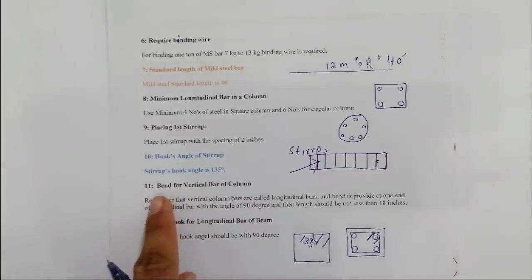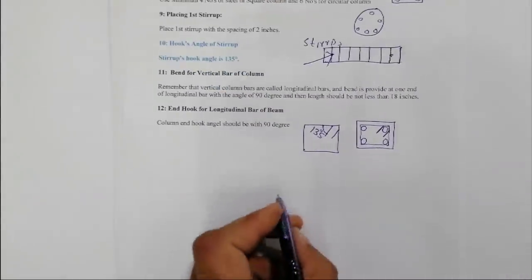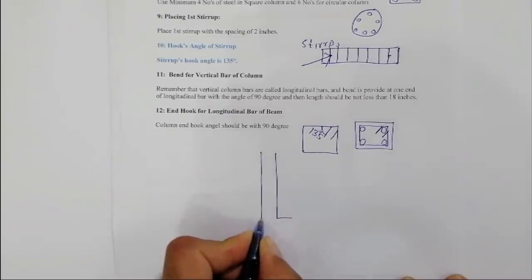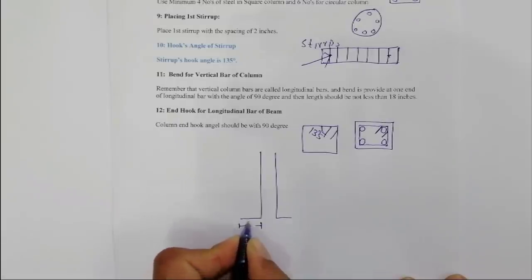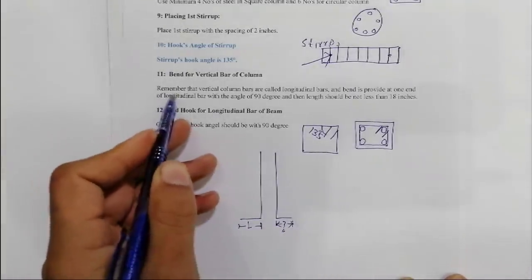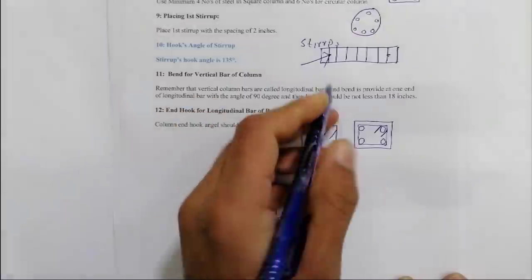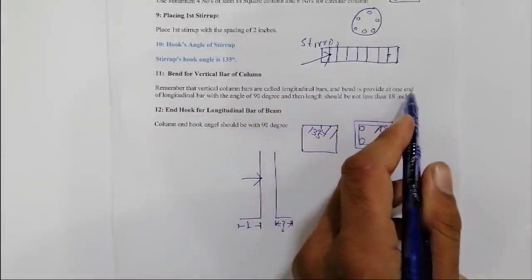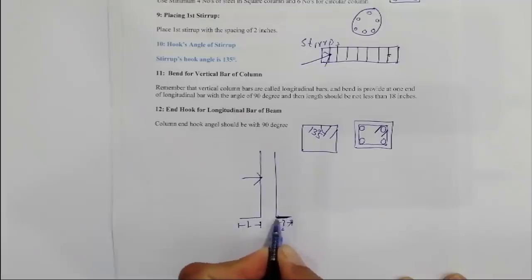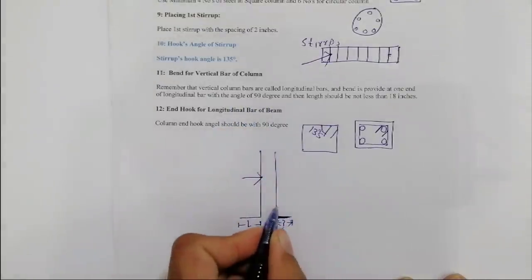Now we have the 11th one, that's about bend for vertical bar of column. So look at this. This is column longitudinal bar, and this is bend. This is also bend. So we are talking about this length, what should this length be? Remember that vertical column bars are called longitudinal bars, and bend is provided at one end, this one below, right? That one end of longitudinal bar with the angle of 90 degrees. So you can see this is 90 degree,